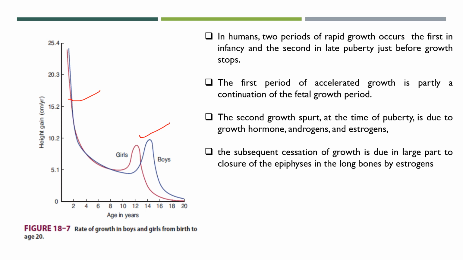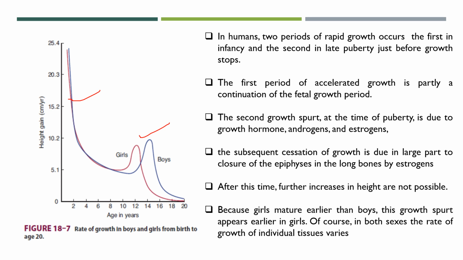That is why patients with sexual precocity are apt to be dwarfed, because they have early secretion of estrogen and there will be closure of epiphysis. On the other hand, men who are castrated during puberty tend to be tall because their estrogen production is decreased and their epiphyses remain open, allowing some growth to continue past the normal age of puberty. After puberty, further increase in height is not possible.